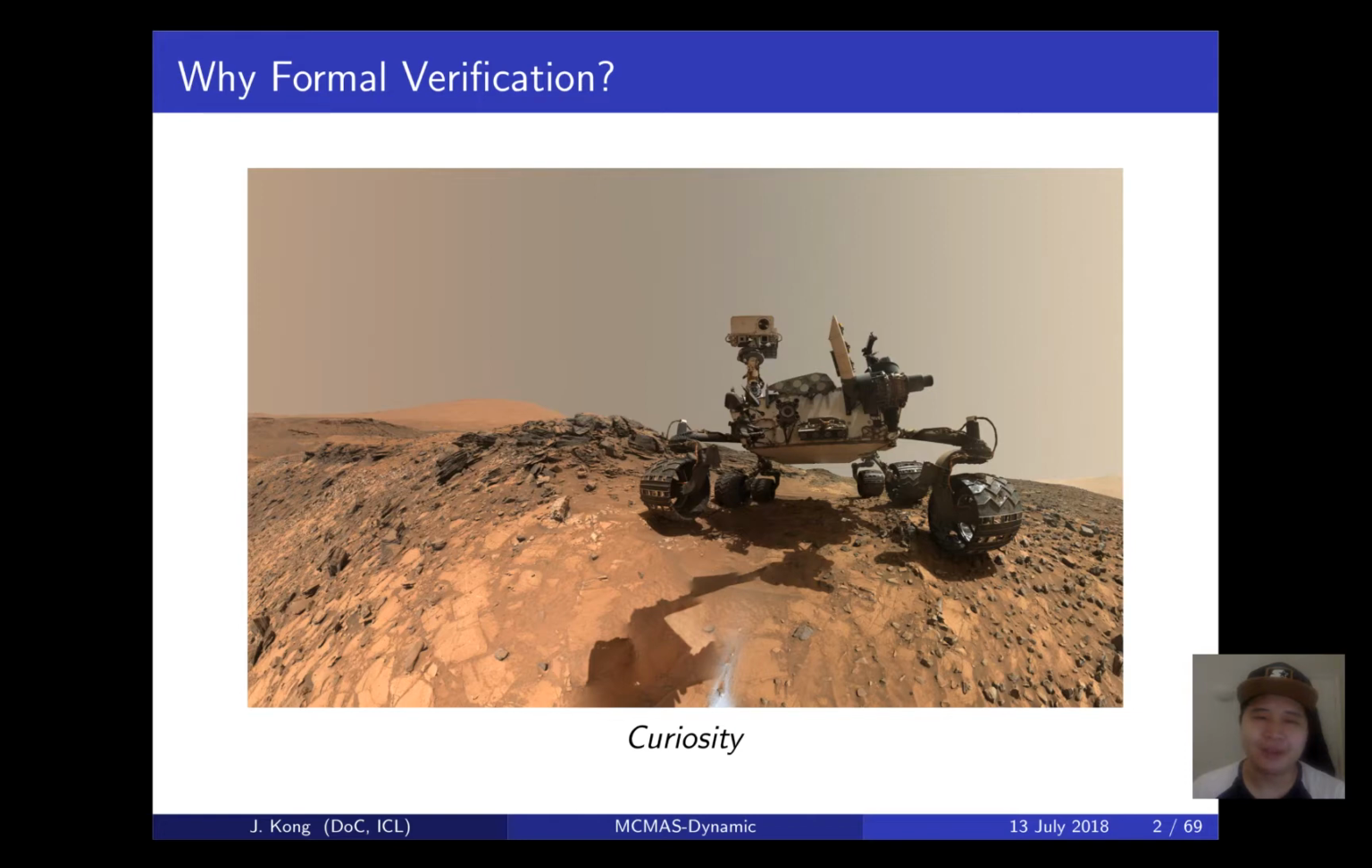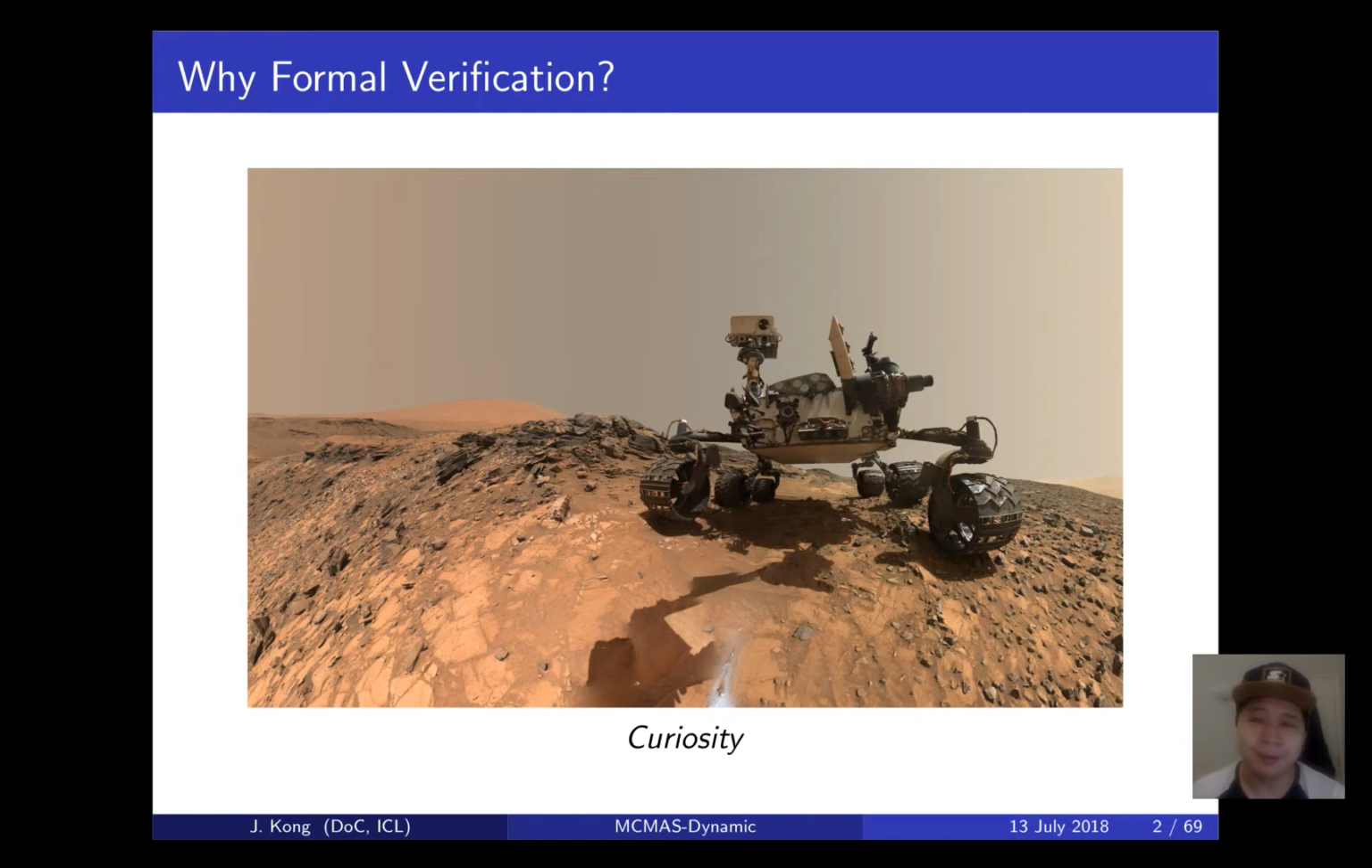So, in August of 2012, the Curiosity rover landed on the surface of Mars. However, had things gone wrong, the cost would have been astronomical. The rover itself was costed at about 2.5 billion US dollars. And thus, it was essential that any software loaded onto the rover was guaranteed to be correct and free of